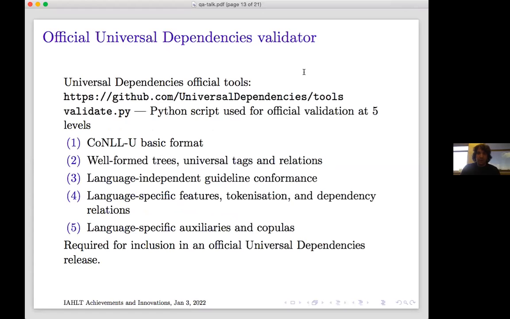When we understood that we needed to move this validation into the annotation process, so that annotators were not even allowed to submit incorrect trees, incorrect annotations, we turned to the official Universal Dependencies validation script. So this is an extremely convoluted Python script used for